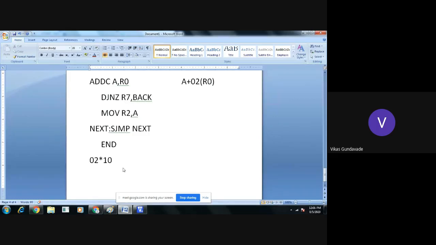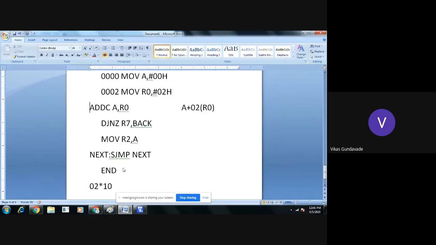The result is 20. And here if we see this program, we have added 02 for 10 times, the result will be 20. Everyone got it? So it is called multiplication using the successive addition method.